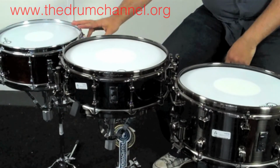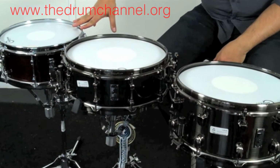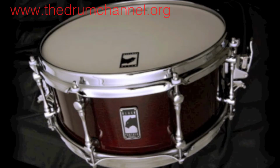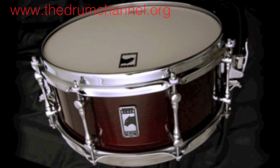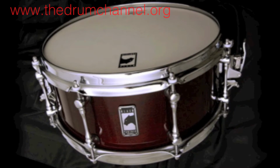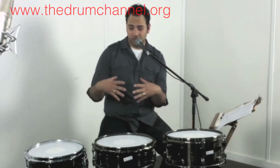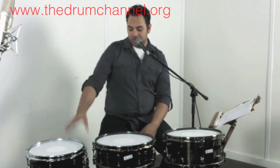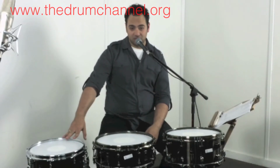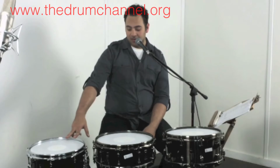First, we have this guy over here. This is called the Cherry Bomb, and that's related to its wood. This is a cherry wood. It is a 13 by 5.5. So it's a smaller drum this way, but a normal sort of size in the depth. A little cracker actually, really cool. Still has a lot of depth to it. I really like